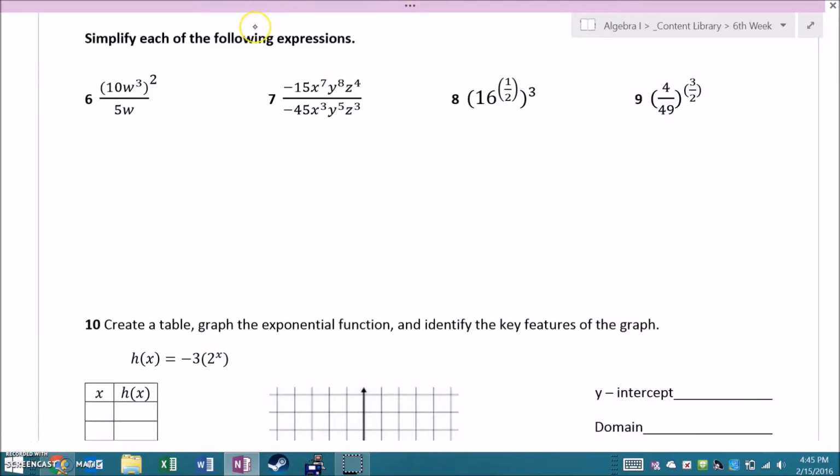All right, here's part two of the review. I'm going to try to do this a little bit faster. I've got all these exponent problems here, and I'm going to try to get through these as quickly as I can. Just to kind of explain,